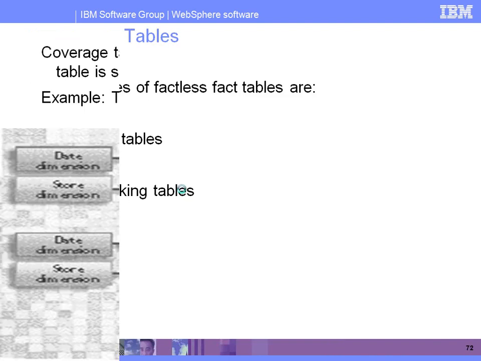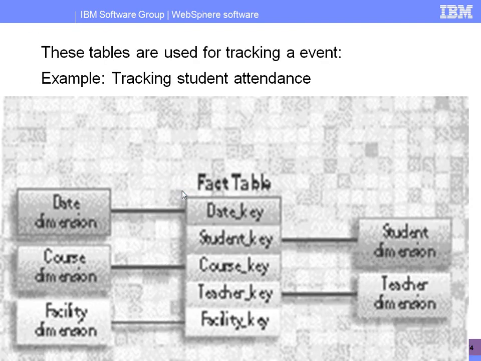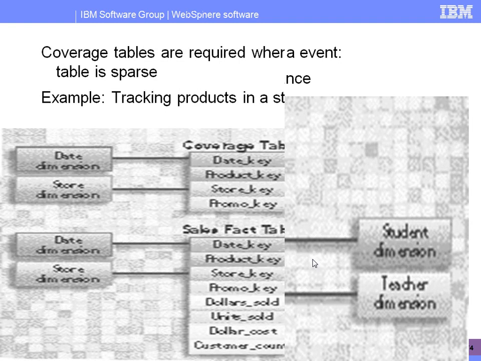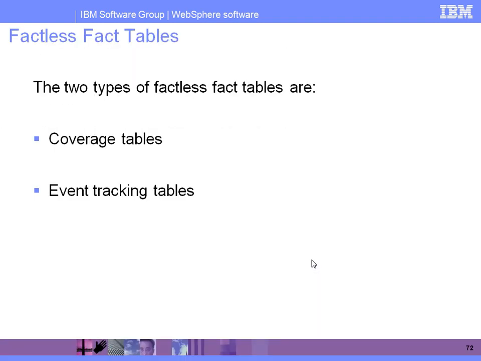Okay, this is one type of factless fact table, and one more type is called event tracking. This is a kind of tracking fact table. Just an example we specified is student attendance. I want to know the attendance of a student, whether he is coming to college or university or not. In such an example, we maintain a factless fact table which has only keys. Those keys are used to communicate with the corresponding dimension tables to get the corresponding information. If you want to do any kind of tracking or coverage information at a particular point, we use the best table we can create from normal dimension tables, called a factless fact table, right?